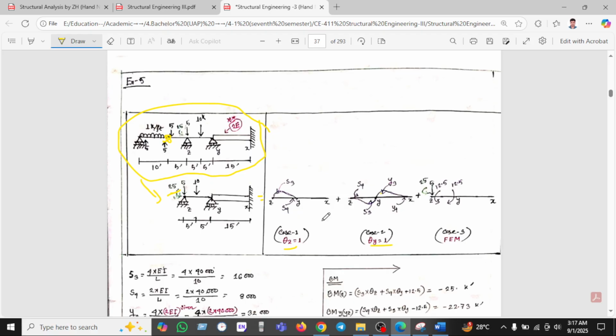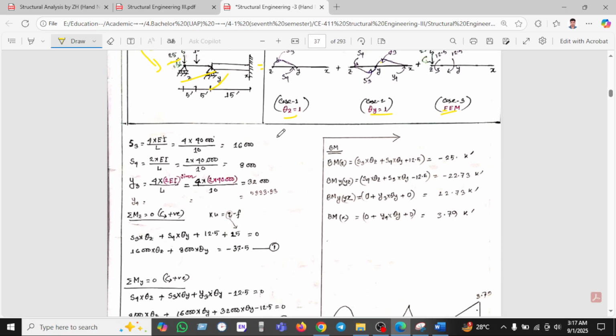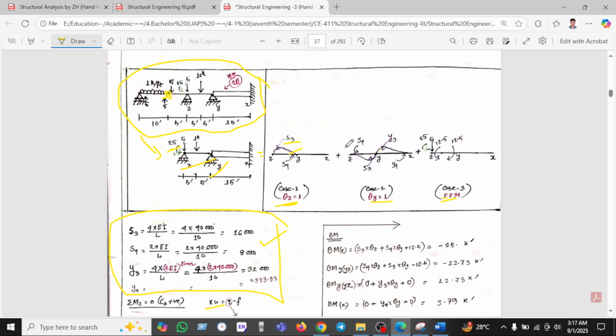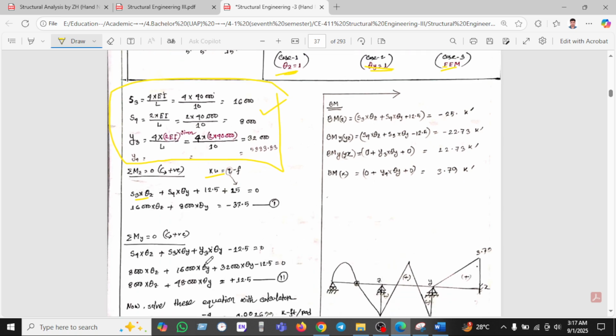This is the del y, this is the y, and this is the z, and fixed moment PL by 8 or W square by 12, whatever. It depends on the load. Then we can use S1, S2, S3, or Y1, Y2, Y3, just changing the name, and the calculation will remain the same. So we know here S3 into theta z, so theta z into S3 here, and S4 equal to Y or U4, where S4 equal to theta y, and